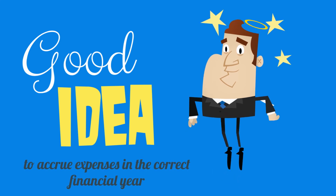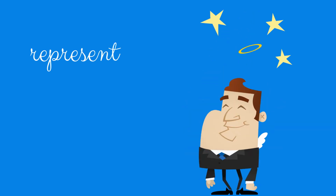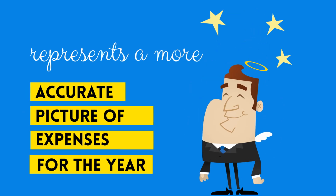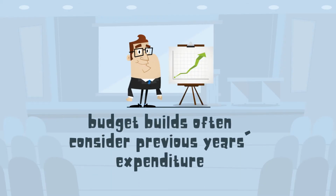The decision to recognise the accrued expense in the current financial year represents a more accurate picture of how much your cost centre spent in that financial year. Providing accurate expenditure and revenue figures are also important because budget builds for subsequent years often consider the previous year's